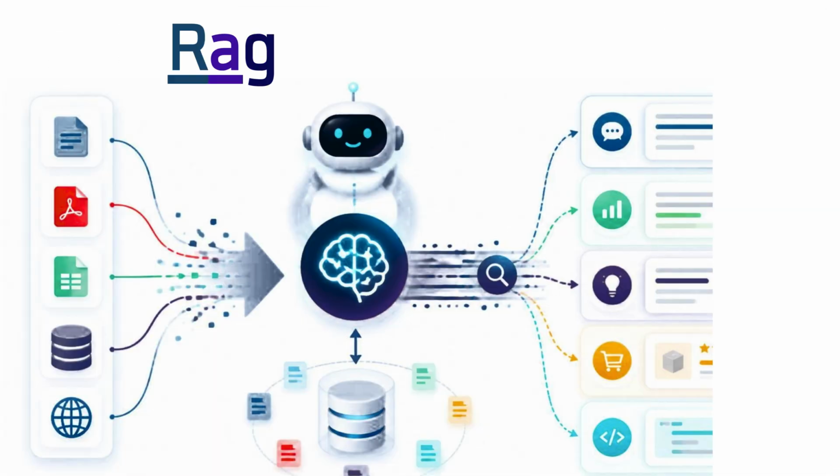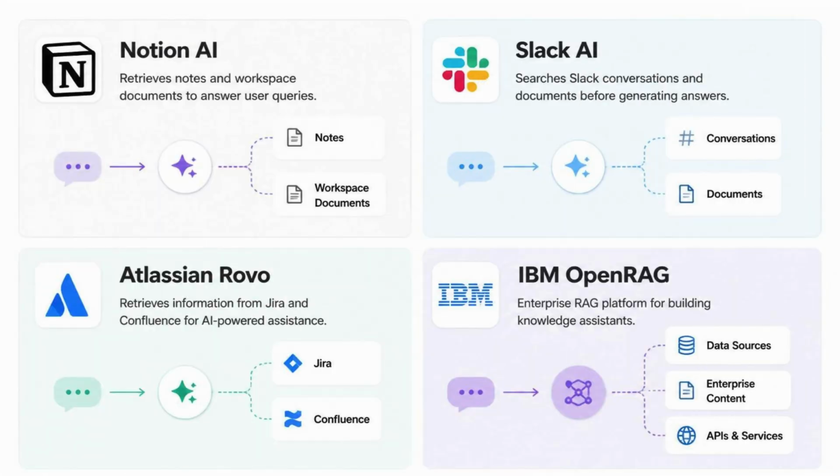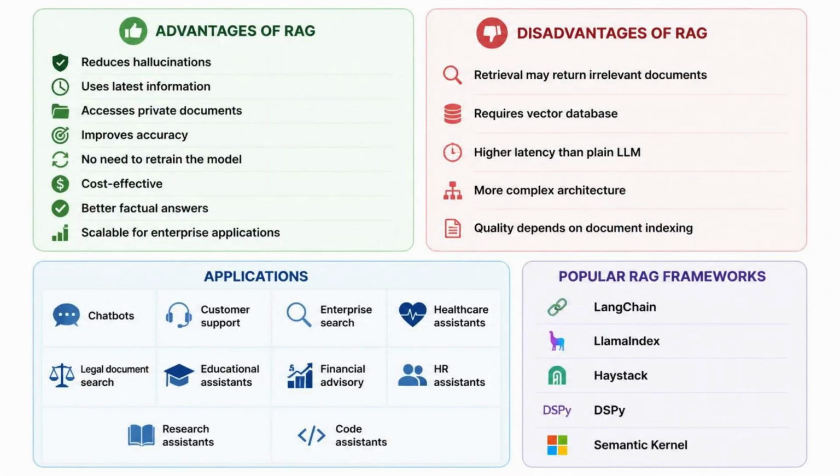Retrieval-augmented generation is widely used in customer support, healthcare, legal research, enterprise search, and educational platforms. Its key advantages include improved accuracy, reduced hallucinations, access to up-to-date information, and the ability to use private organizational knowledge